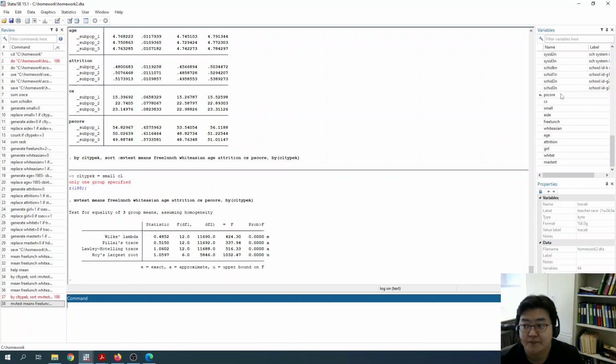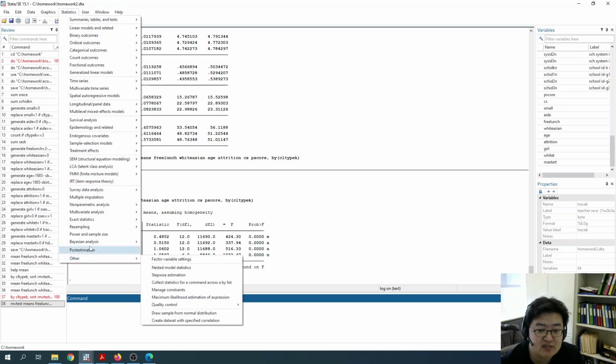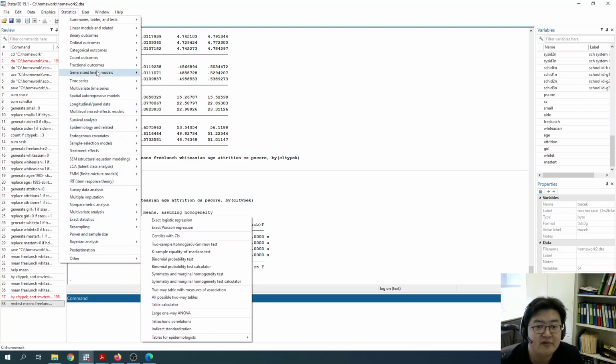We have variables. We are ready, and now I'm not using the command here, to show you how we can use this menu option. You can directly choose from the menu. As you can see, there are a number of methods